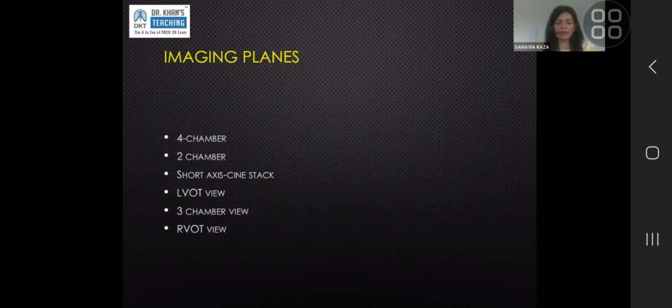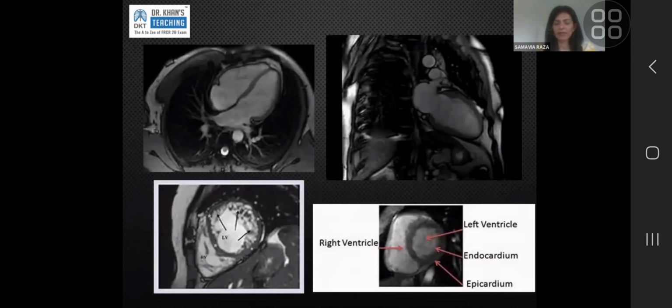RVOT views are done less commonly. They can be done when the question is predominantly about the right heart, based on the clinical assessment. Then you get specific questions about specific pathologies. So you can have a follow-up for a congenital problem or a congenital correction. In those, you